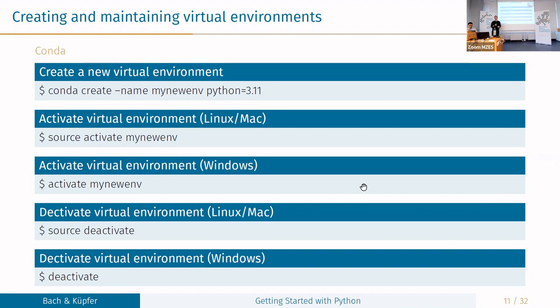And if you want to deactivate it, then source deactivate or deactivate. So very similar. Yes. Maybe while using Windows, you need to change the environmental variable path to be able to run Python because Windows can't find it automatically.